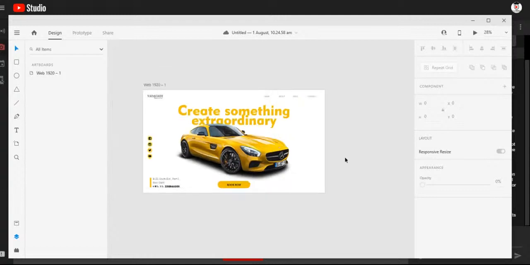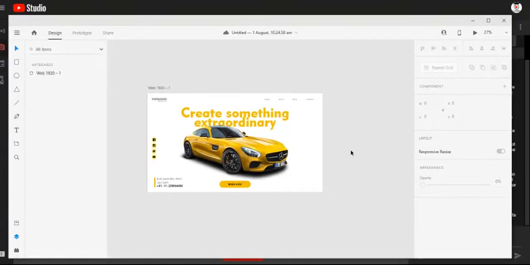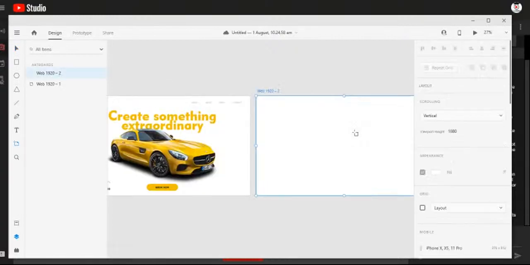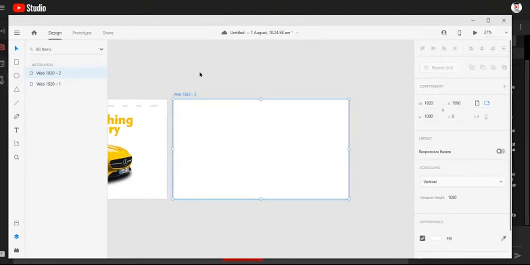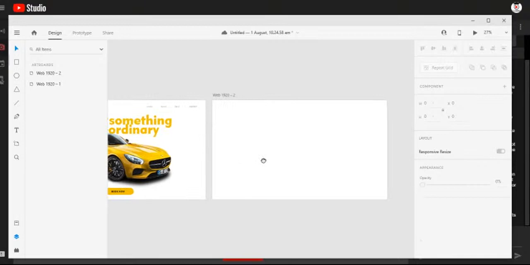So okay, the next thing is I want to create another artboard. Same as in Illustrator, we have a tool called the Artboard tool. Just click the tool here and just click here. It automatically creates one in the same size. Look, here are two artboards, artboard 1 and artboard 2. In my second artboard, I want to make some design